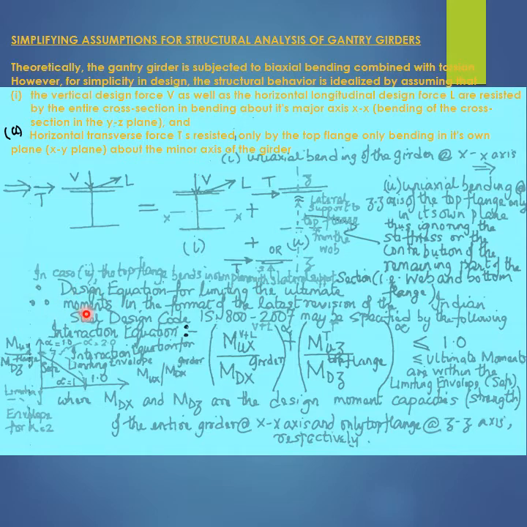The design formulation that governs the limiting values of the ultimate moments about the two different axes, that is the major axis XX and the minor axis ZZ of the gantry girder cross section, is an interaction relationship